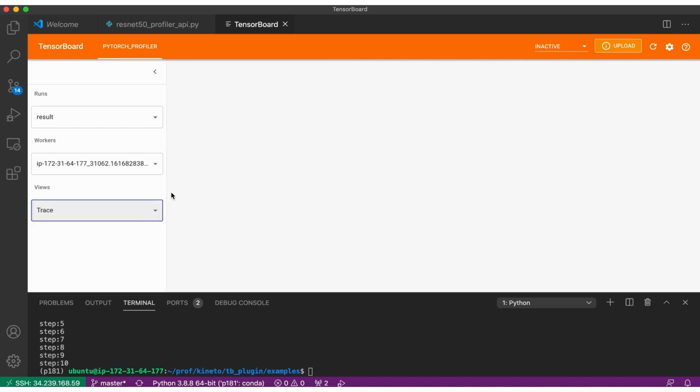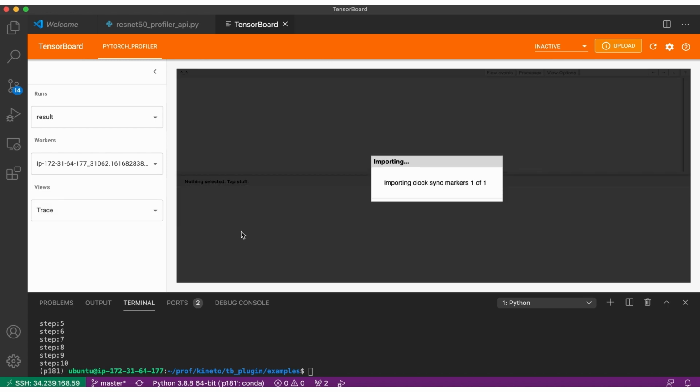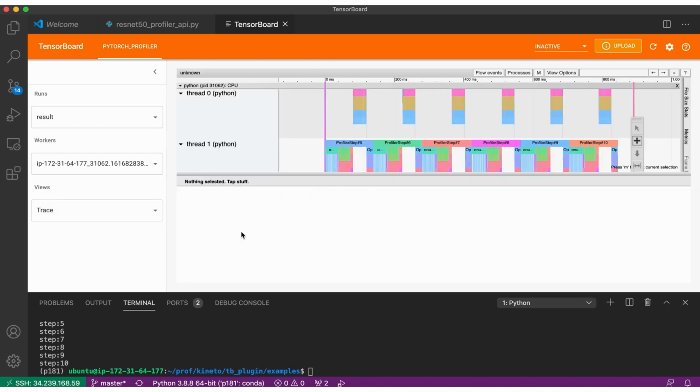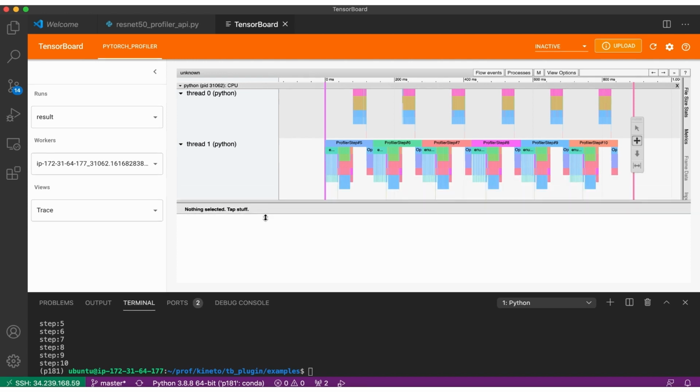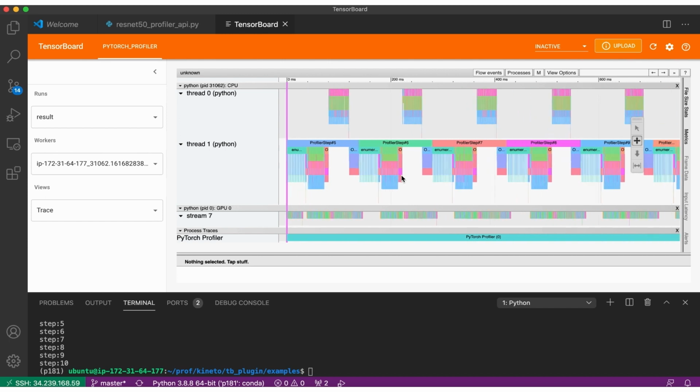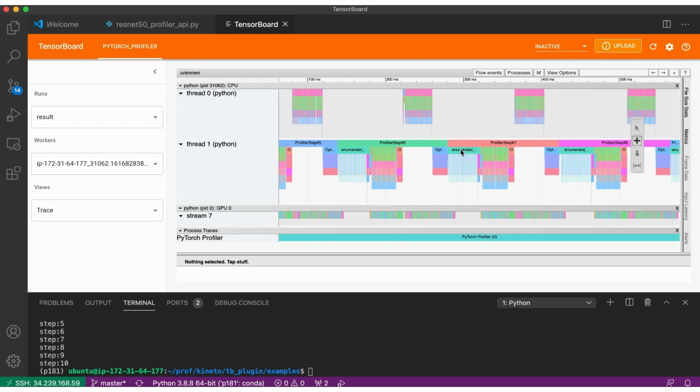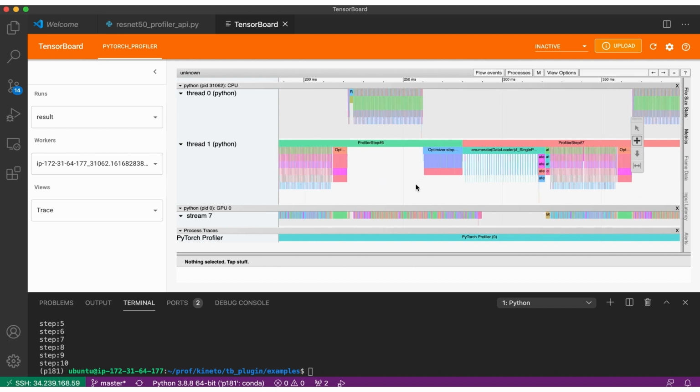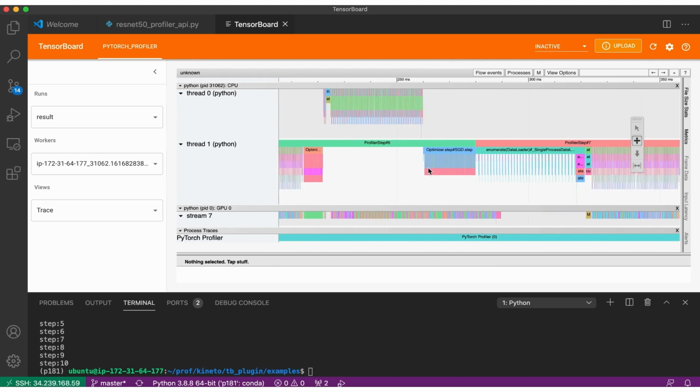You can also see the trace view inside VS Code. So here the traces are loading. You see all the steps, the profiler steps. You see the CPU streams at the top and the CUDA stream at the bottom. There are 2 CPU streams and 1 CUDA stream, and you can dive and see that the profiler step has